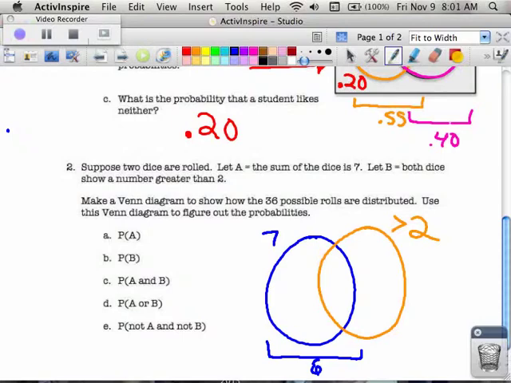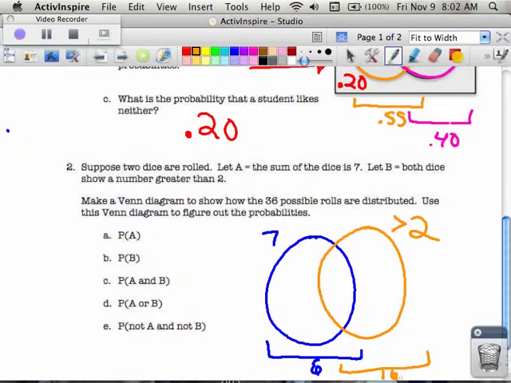how many ways is it possible for you to show a number, not a sum, but a number bigger than 2? What that means is each die would have to show a 3 or bigger. You might need to look at your chart. So from our chart with the dice, numbers that are bigger than 2 are 3, 4, 5, and 6. And it could be on either die. There are 16 different ways